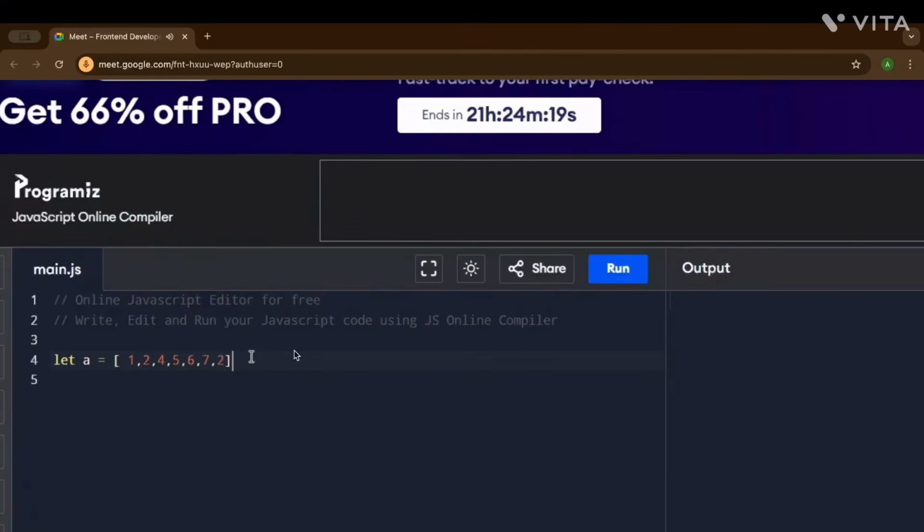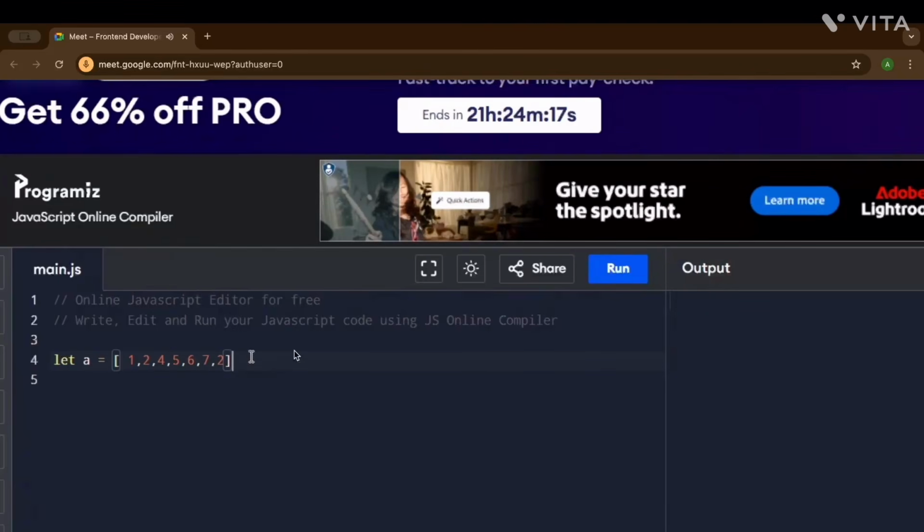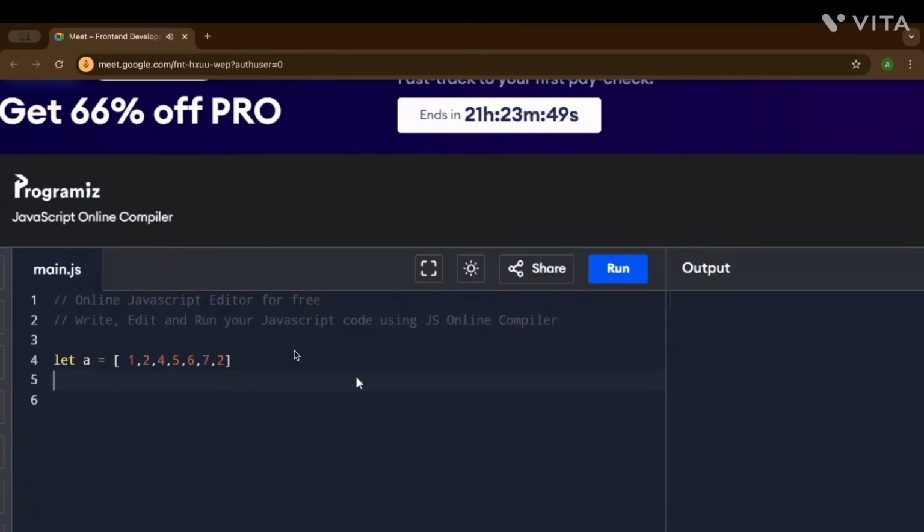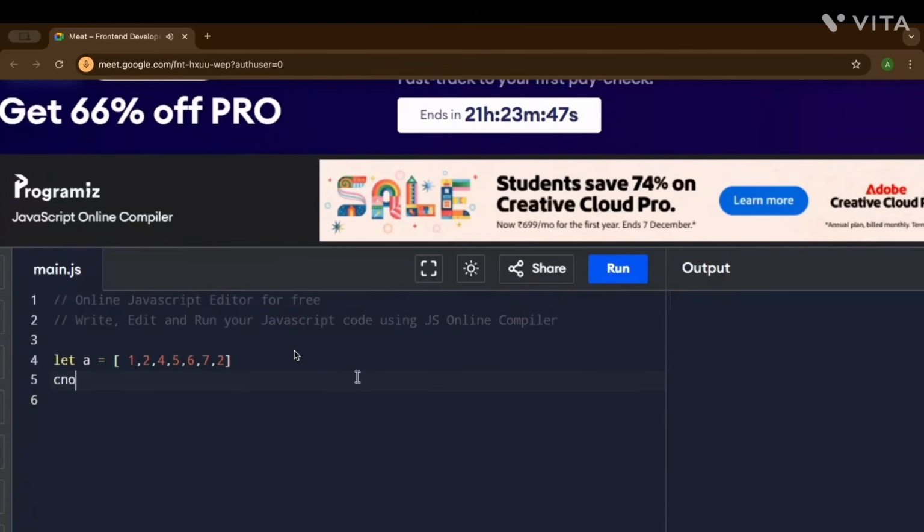Maybe the first approach is we sort, and if two adjacent indexes have the same value, then it works. But it takes n log n. So we go with some extra space, and we treat that space like a log, and we see if any element is already available in that space, so it's a duplicate. And it takes n time and n space.